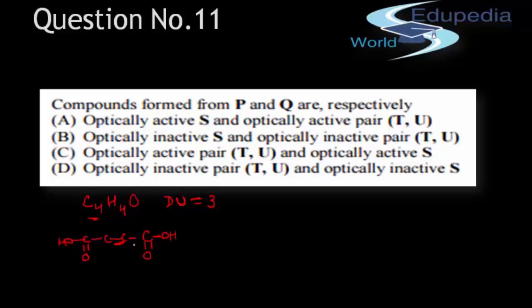And as P and Q are isomers, I know that there will be 2 geometrical isomers for this compound which will be cis and trans. So I am drawing both the structures, C double bond C. First I am drawing the cis form wherein both the COOH groups are on the same side. So this is my cis form and the hydrogens as well on the same side. Okay, and then I will draw the trans form, C double bond C, wherein the 2 COOH groups will be on opposite sides, HOOC, a hydrogen here and a hydrogen here.